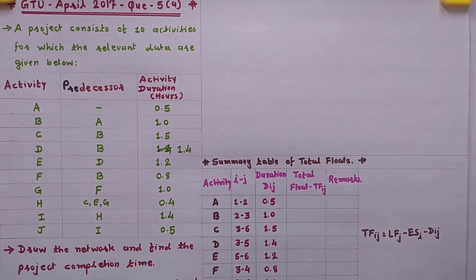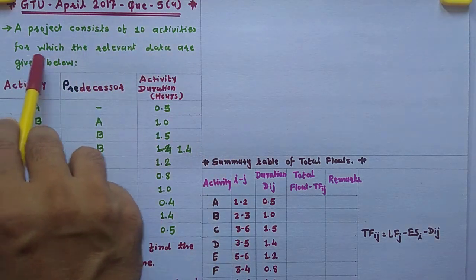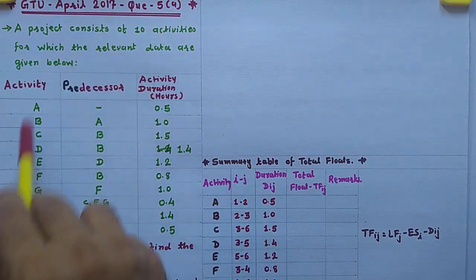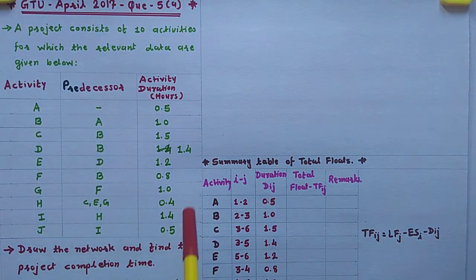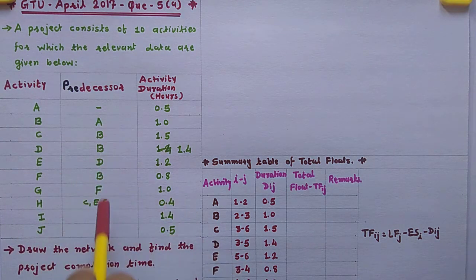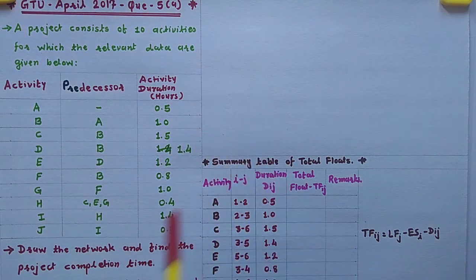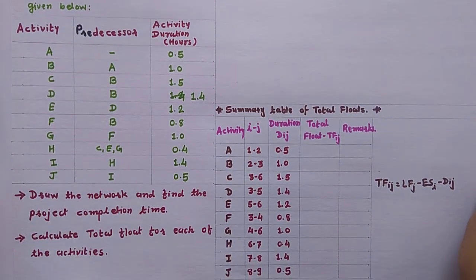Banker. Today we will discuss the GTU unsolved example. The question paper April 2017, question 5A. A project consists of 10 activities for which the relevant data are given below. In this table the data are given: activity A to J, predecessors and activity durations in hours. So draw the network and find